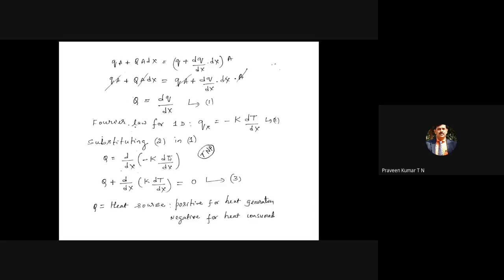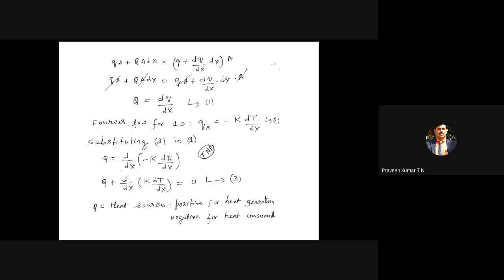Imagine a steel rod. If you heat the steel rod, it becomes red hot and the material becomes soft. So Young's modulus comes down, and the strength of the material comes down. That means the Young's modulus you are referring to is the room temperature Young's modulus. Even if you raise the temperature to 100 degrees Celsius, Young's modulus is almost the same. In a similar way, you have the thermal conductivity value. The thermal conductivity value you are referring to is the room temperature value.